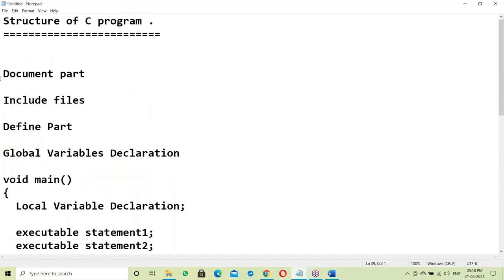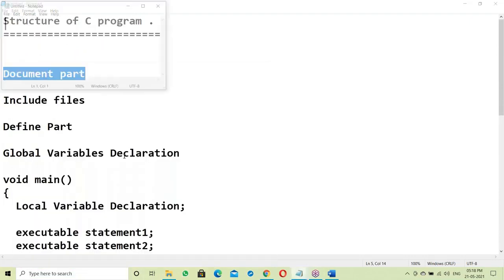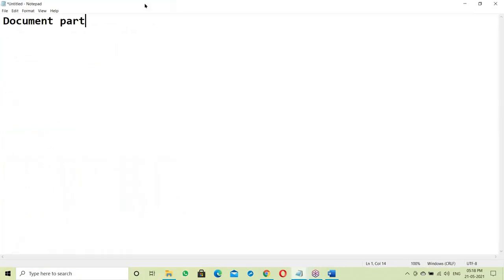First, let us start with the document part. What is the document part?